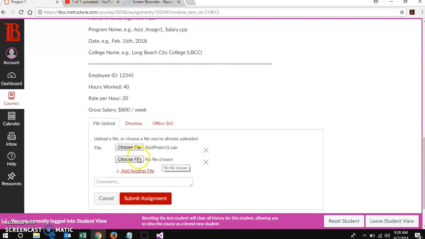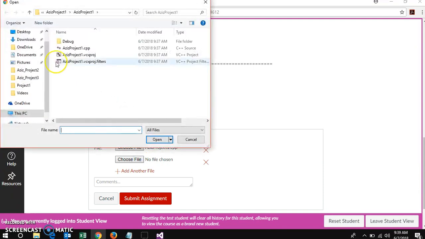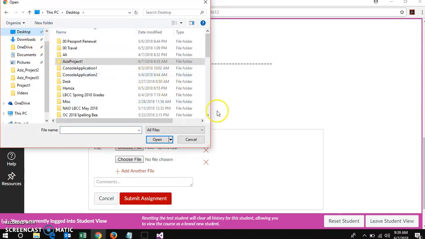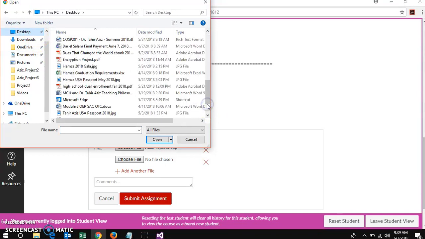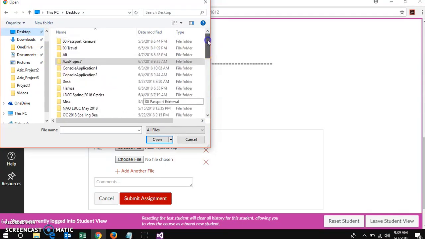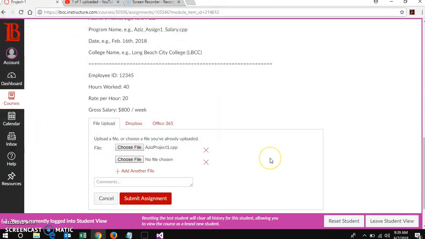The second file would be your screenshot. If the screenshot is also on your console, or desktop, you can easily find it. That's how you will be uploading, and then simply by hitting the submit button, these files will be available at my end. All right, just wanted to give you